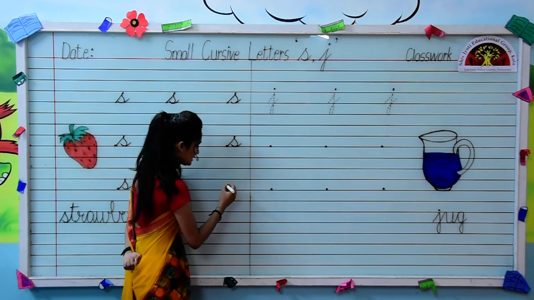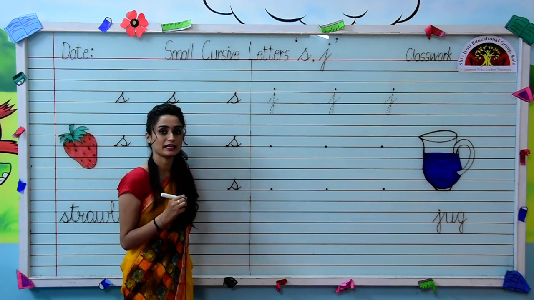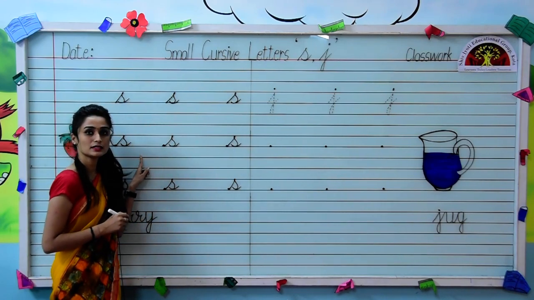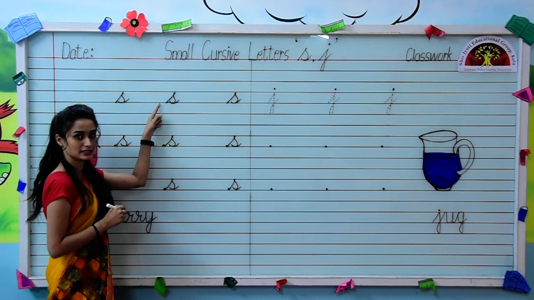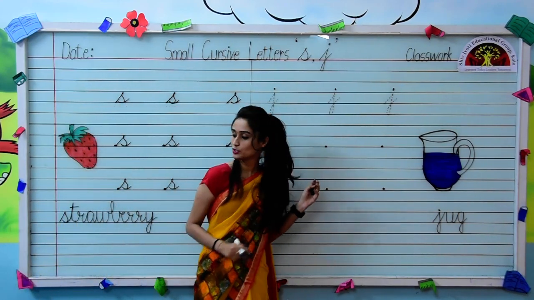Okay kids? Look over here for the last time. Slanting line up, make a loop, make a curve, touch the third line and out like this. So kids, this way you can do your small cursive letter S tracing and on single dot. Okay? Now come on page number